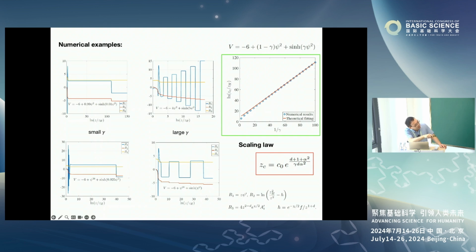And if we have a very large value for gamma, it has a very complete oscillation. And we can plot zc as a function of 1 over gamma here, because gamma equal to 0 corresponds to 1 over gamma equal to infinity, you see. The circles are from the numerical solution that we read off from this point, and the red curve is the fitting function from our prediction. You see they agree with each other very well. That means no matter how small the parameter gamma is, I mean when we turn on this term, there should be a deviation from a stable Kasner universe.